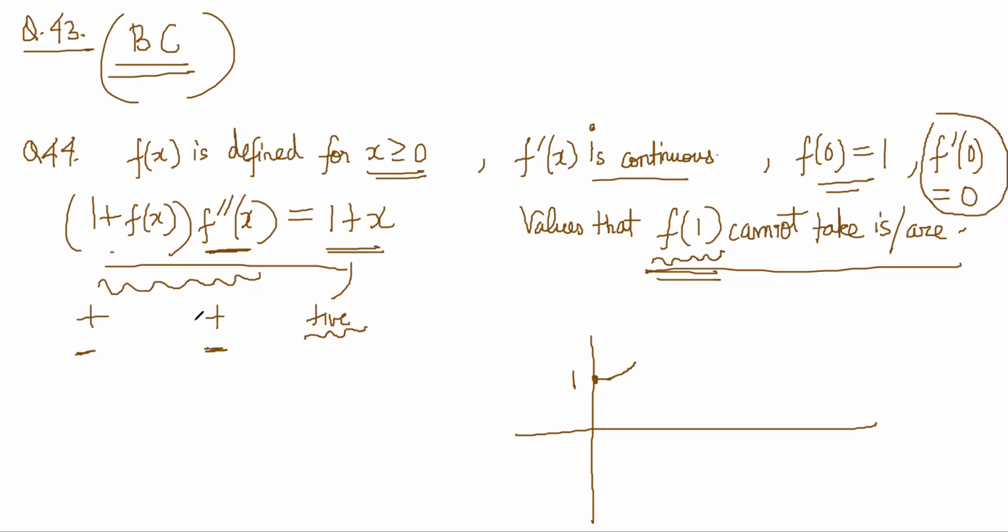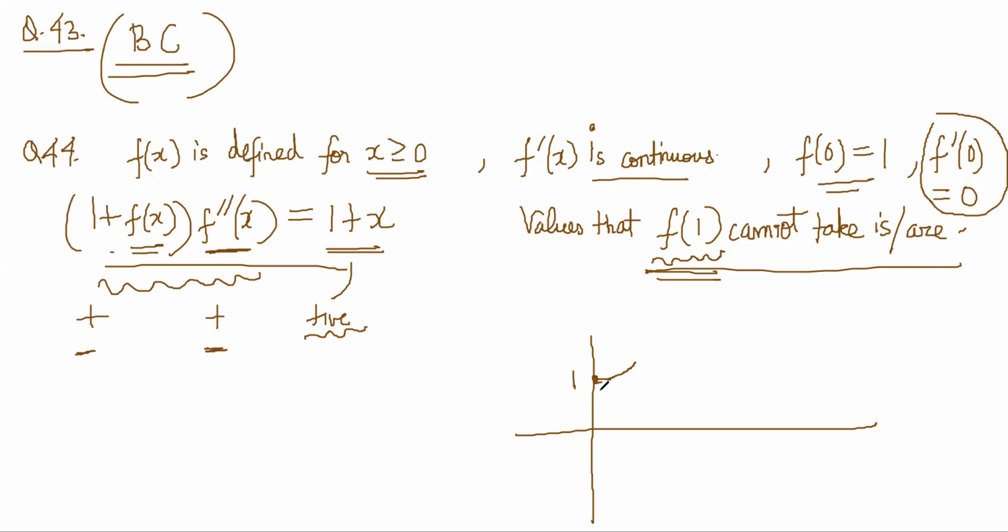Could f double dash x be negative? It could be a concave down curve or a concave up curve. If it is a concave up curve, then f1 is positive, then 1 plus f(x) is positive. That means